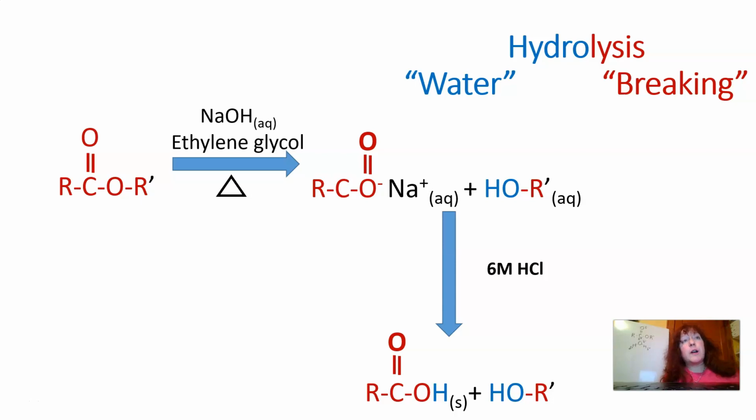So we're going to start out with an ester that is shown here. If you've not gotten to it in lecture, it is a carbonyl group that is attached to some kind of alkyl group that we designate R, and through an oxygen to some other kind of alkyl group designated R prime. And in a hydrolysis, and hopefully you can see behind me without too much glare, if I combine that ester